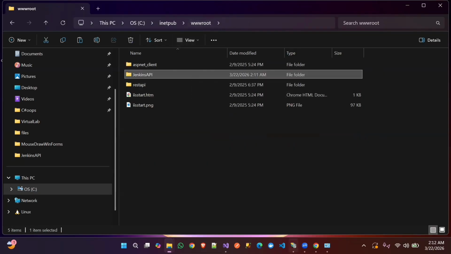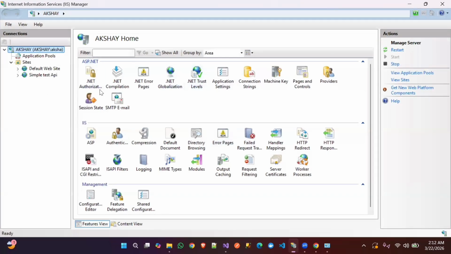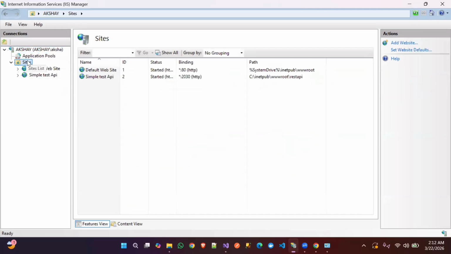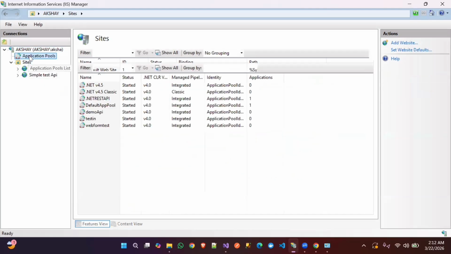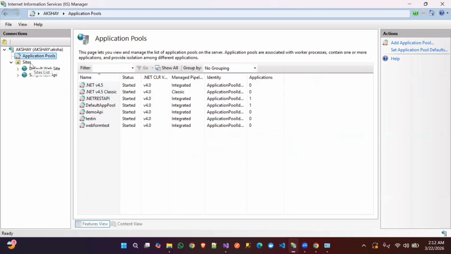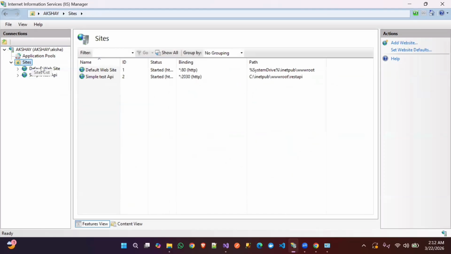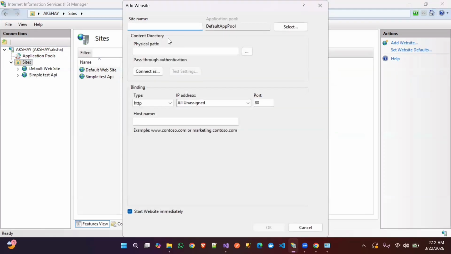After that, open your IIS server, and now you can see that this is my default site, whose default port is 80. So your application's default port is 80. On port 80 you can deploy to the default site, but I want to create a new site. You can also see the application pools. So under Sites, click on Add Website, and you can name your site. I want to name it Jenkins. This is my site name,